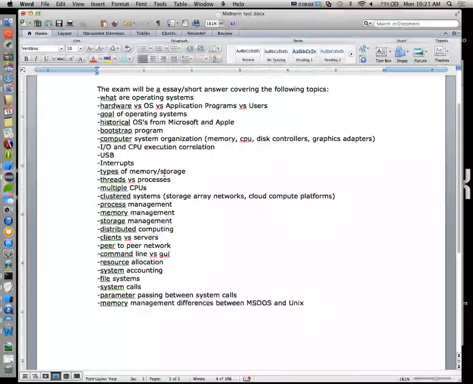Types of memory and storage. So that would be the whole rigmarole about hard drives versus the caches, the different caches, L1, L2, L3 cache. The roles of those different caches, L1 and L2 being on the CPUs, L3 being shared between CPUs for multi-core situations. System memory, so the whole memory discussion of those different things we talked about. Then, of course, threads and processes, so the idea of spawning threads as well as forking.